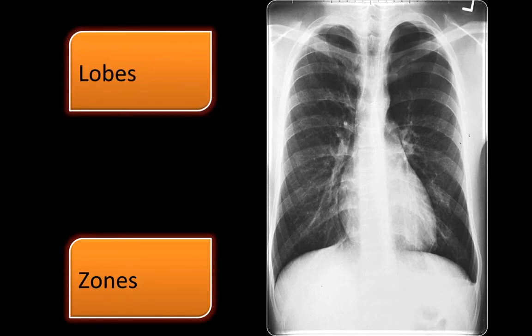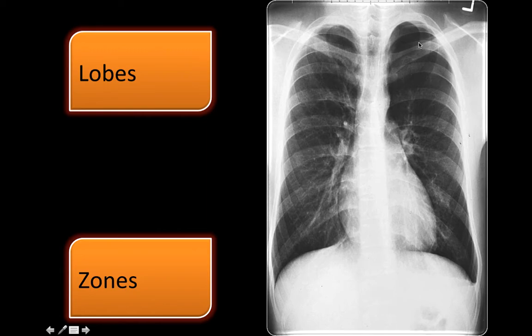And zones, we have lung zones. Radiologically, excluding the lobar distribution, we have divided the lung into zones. This is the anterior end of the second rib. If we draw an imaginary line through the anterior end of the second rib, which border, the superior border or the inferior border? It should be the inferior border. So if you draw an imaginary line through the inferior border of the anterior end of the second rib, the